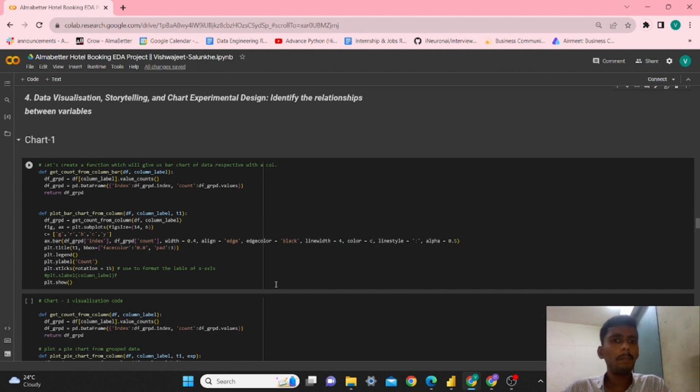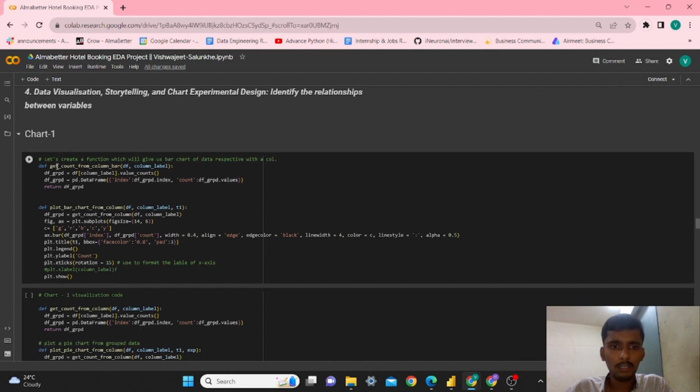Now the major part of exploratory data analysis is data visualization. Visualizing our data is important. If we visualize our data in a proper way, we get more insights into the data. As I said, every data has a story hidden inside it. So to gain those insights, we need to visualize the data. To visualize it, we will begin with a function which I have written here, that is get from column bar,